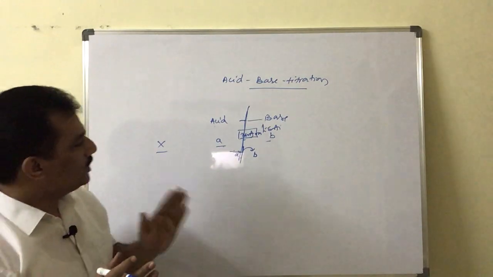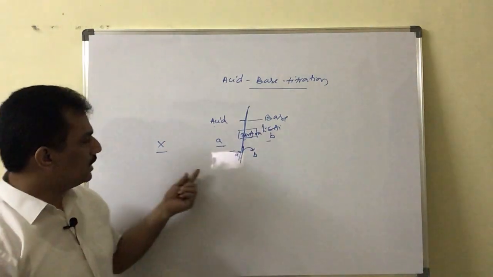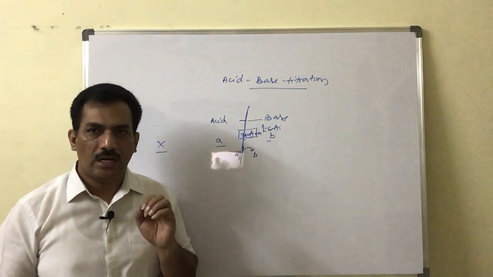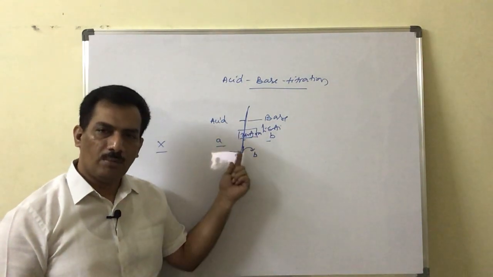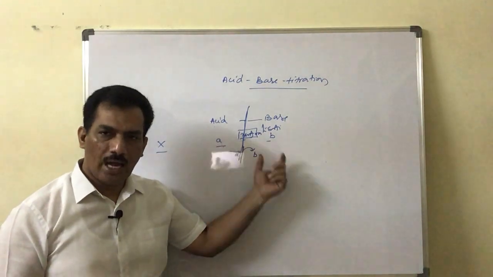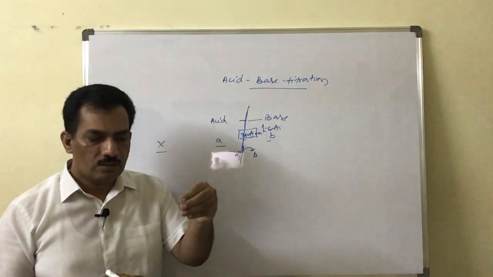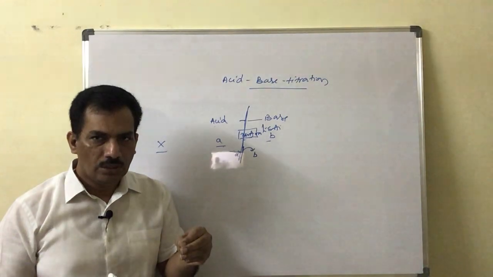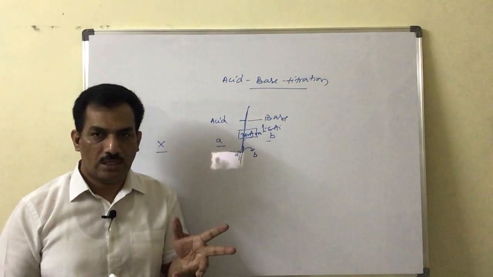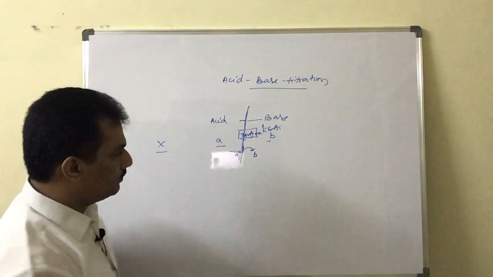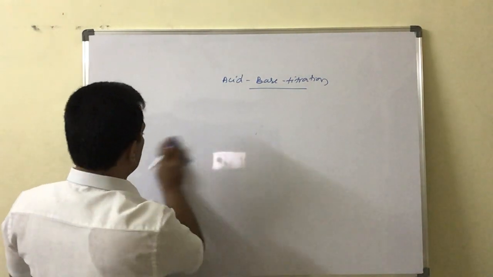Now, how do we identify this neutralization point? Just by using the indicator when we are adding acid or base to another compound. If we are taking acid, we have to add base. If we are taking base, we have to add acid. In such an addition, by using the indicator, when we add slowly and at a particular point the color of the solution suddenly changes, there is the end of the neutralization. Clear? In such cases, to find that neutralization point, we use these indicators.